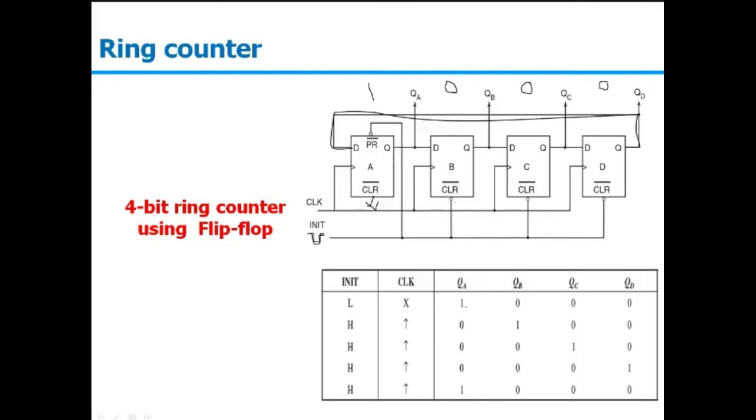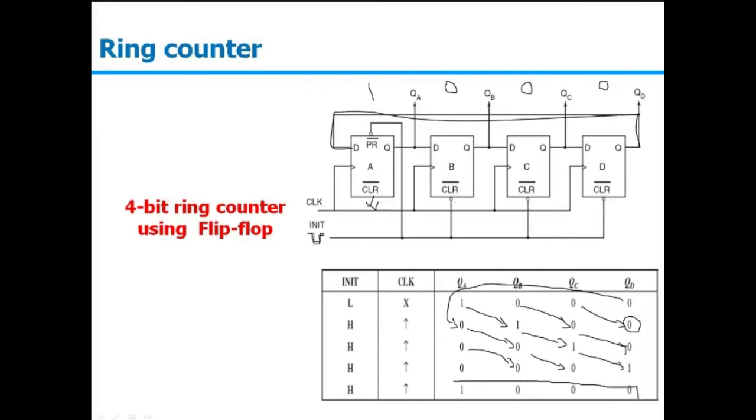So now this 1 will travel here. For the first clock pulse, it will be serially shifted right, and this 0 will come here. For the second clock pulse, this will be shifted right, and this 0 will come at the input side. For the next, it will be shifted again, and after the fourth clock pulse, we will be getting the starting 1, from where we started.